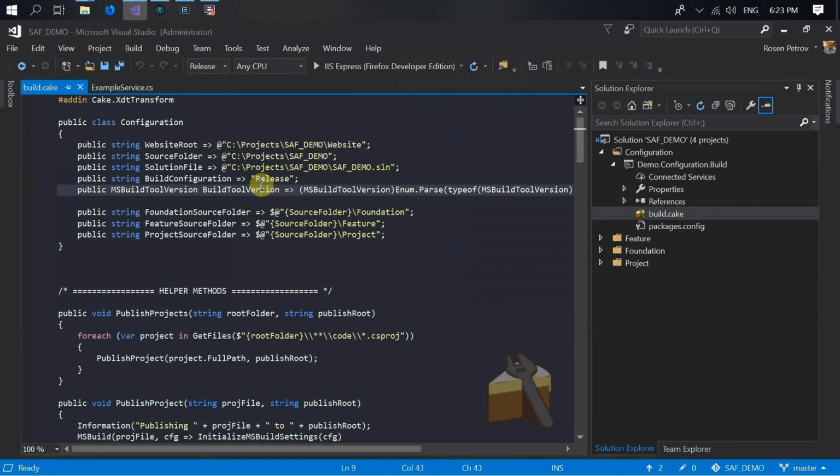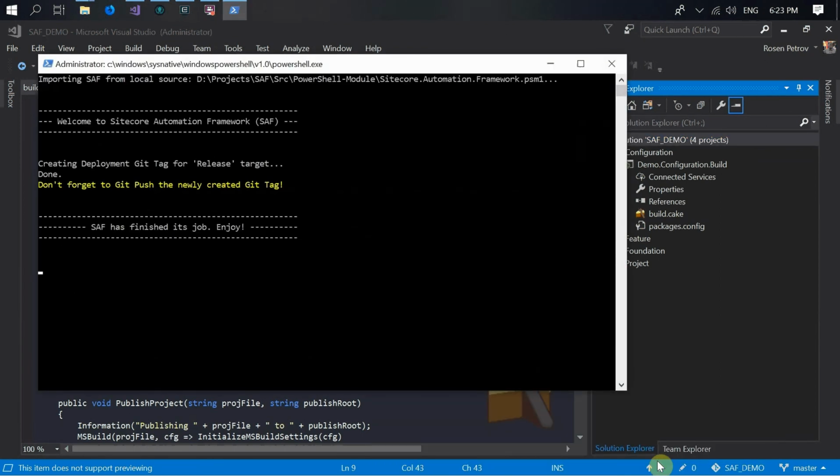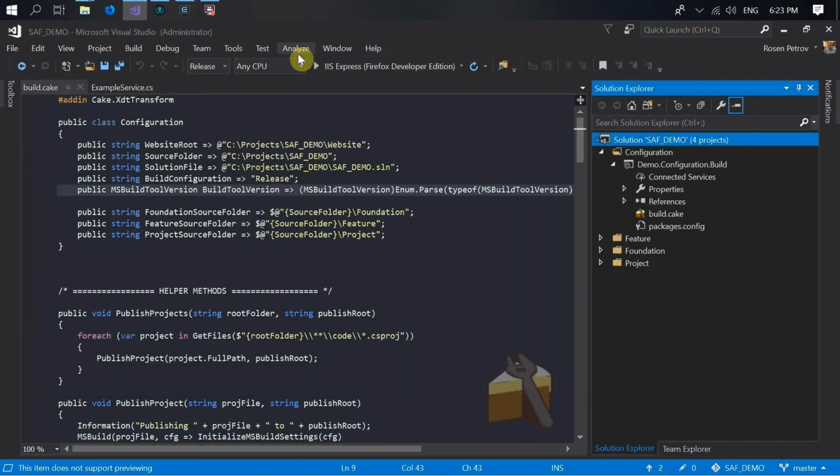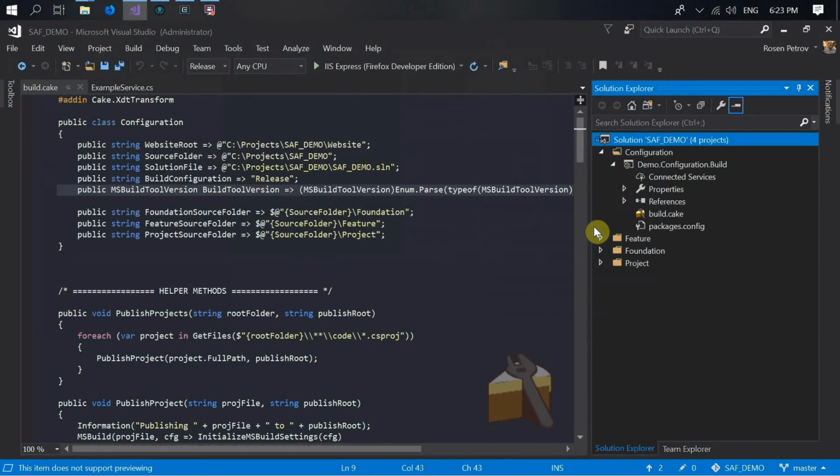made it already. So what we need to do now is that we want to create deployment tag. So we come here, we choose new deployment tag, and now we know that from the Git perspective, SAF will know that you did this deployment at that point. And let's say that we start working on a new sprint, and